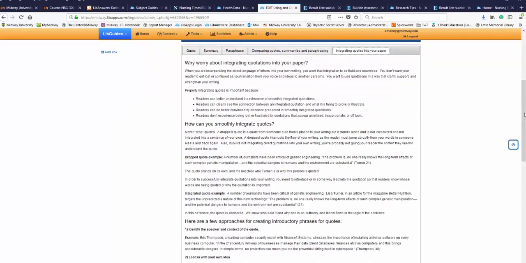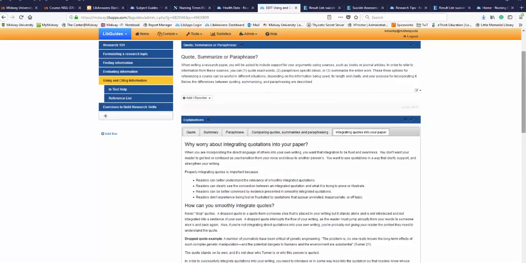And more importantly, some good information that I recommend that you have a look at on how to integrate quotes into your paper smoothly and effectively. So these are some really good resources for you to have a look at whenever you're having any trouble with the actual writing process and how you would use the quotes for your paper. And if you need any help with that,